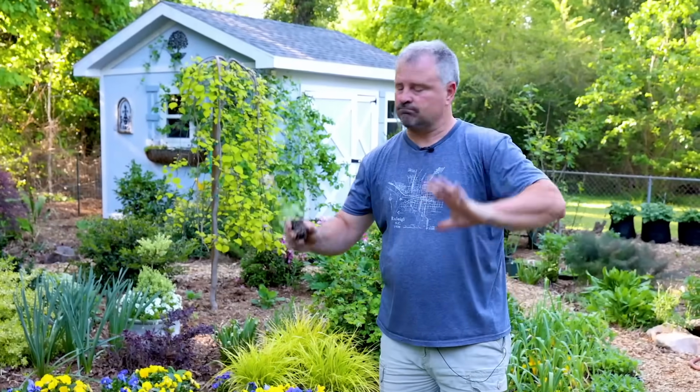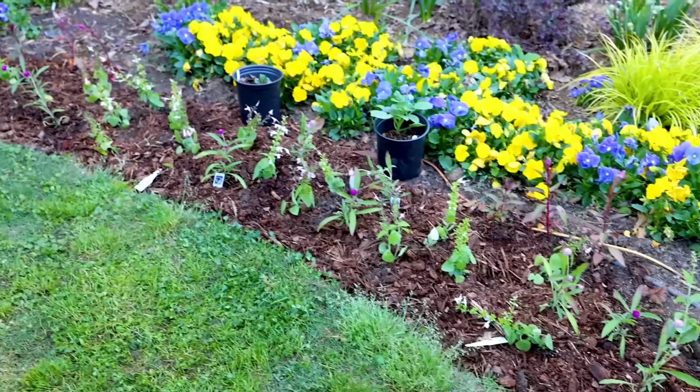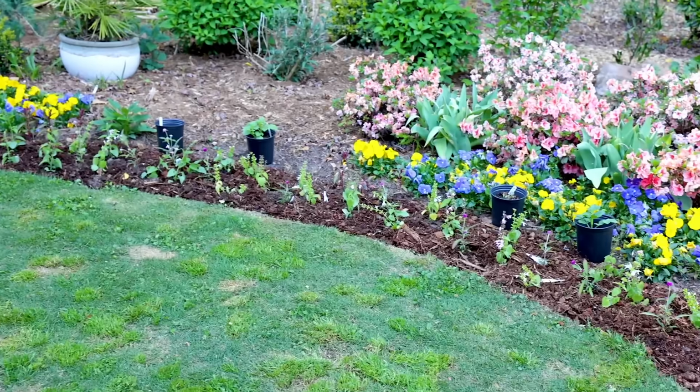Again, they're pretty close together. You don't have to plant them that close together. There's a lot of plants here. About half of them were done from seed in the house. The rest I purchased, and I would like to have done more of them in the house, but this was